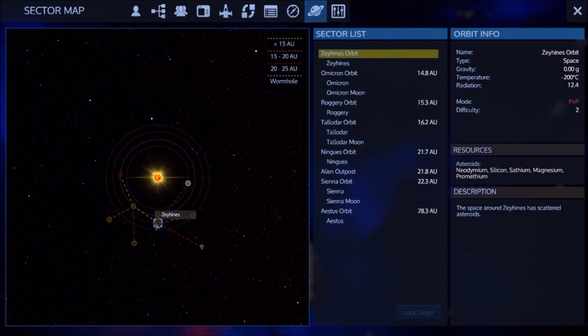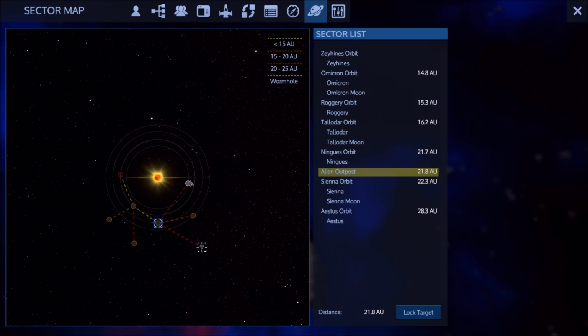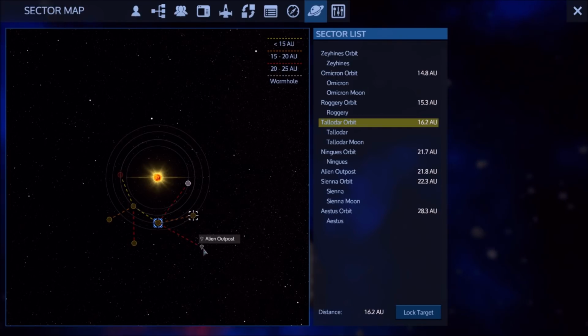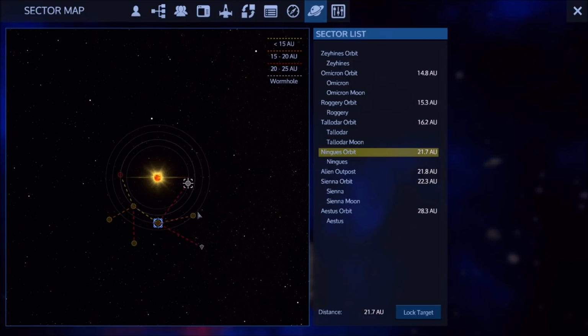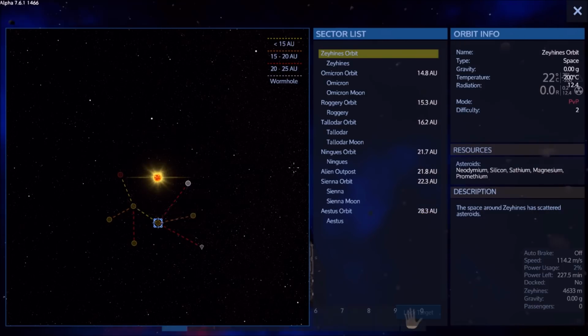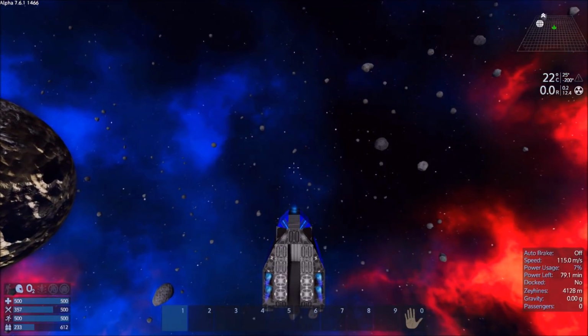Now, Zihines' orbit has neodymium. Now, we can't go any further than these because of the distances, so we wouldn't be able to go to, say, Taladar or the Alien Outpost or Ningus, but we can stay where we are. We can also come back and go to ASUS if we wanted. But I think it would be prudent to do a little search around, try to find these